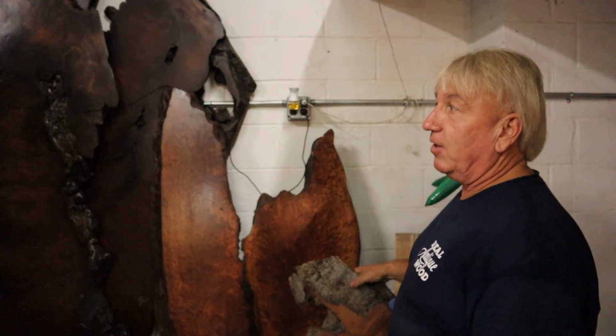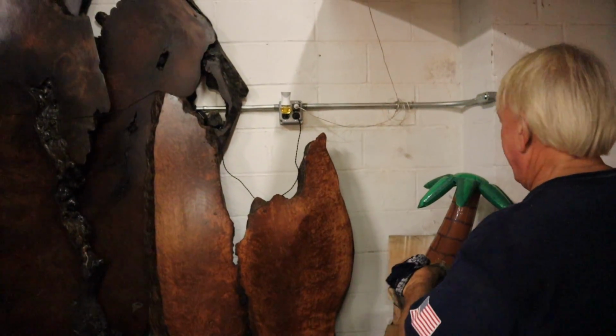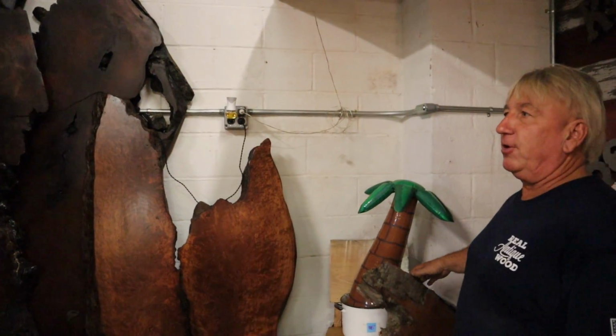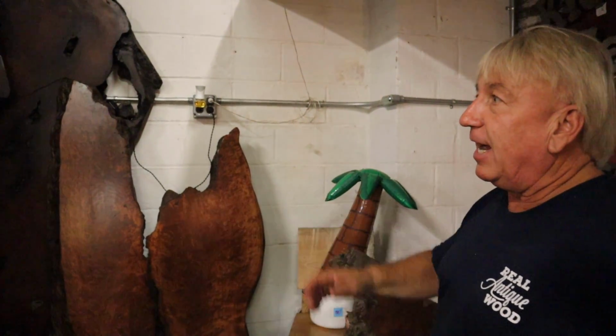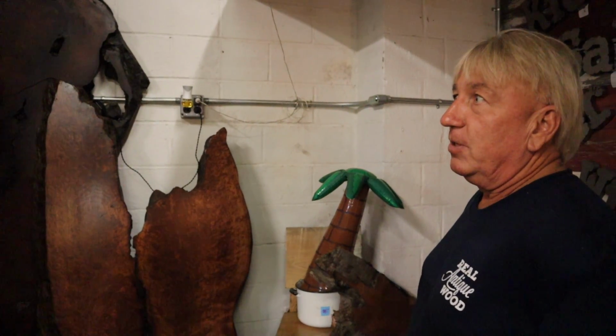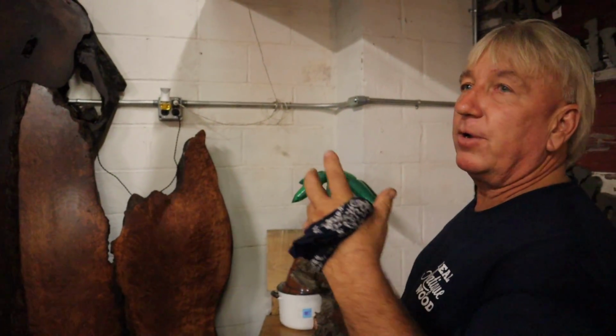I told him I'd love to go with him when he goes and cuts. I said, I'll labor for you as long as you stay out there. If it's a week or two, I'll work for free just to see how you actually cut this. So, you know, wood from California, wood from Thailand, the Indonesian boat wood. So a whole bunch of fun